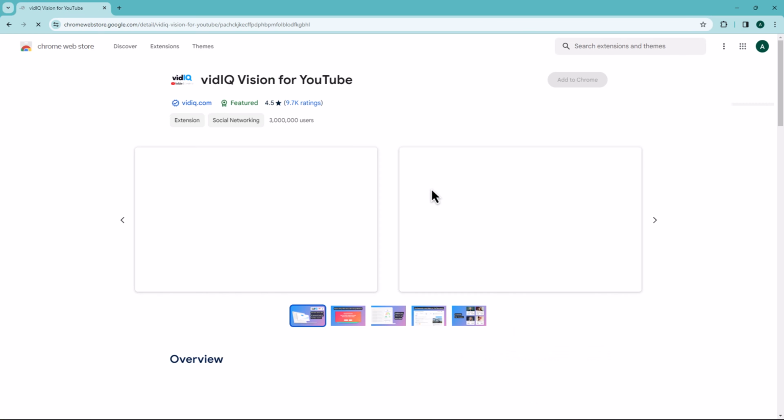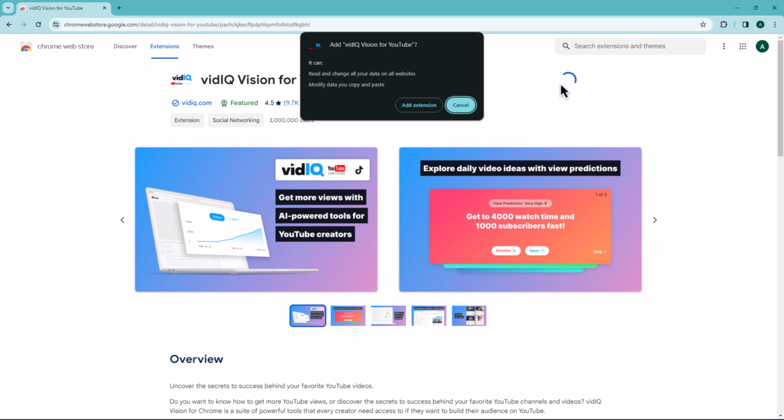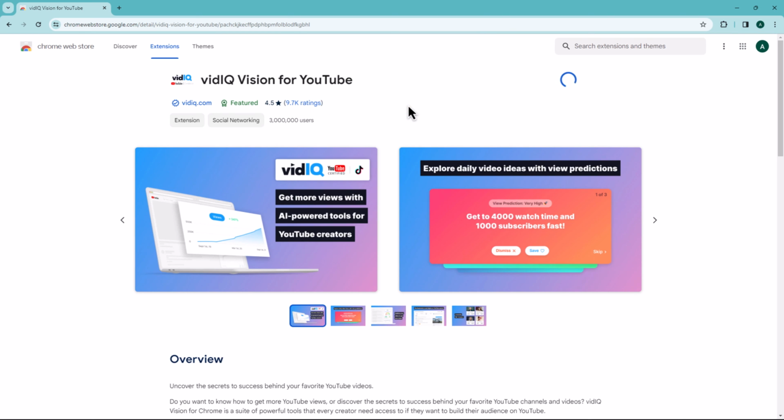You will be redirected to the Chrome Web Store. Click on the Add to Chrome button next to the VidIQ extension. Next, click on Add Extension. And there you have it. The VidIQ extension has been